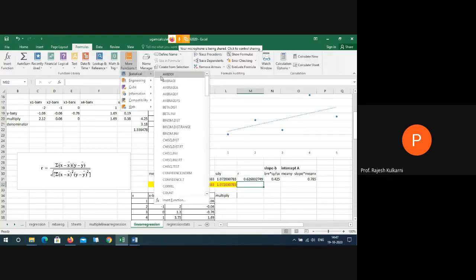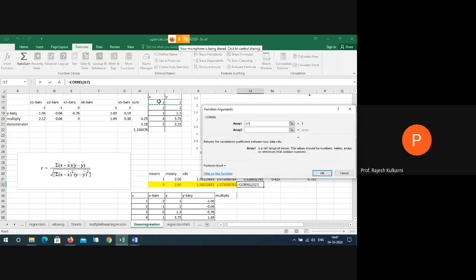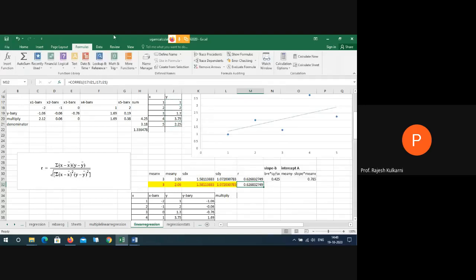Going to statistical formulas, correlation, COR. Okay, this is correlation, and I'll be picking for array 1 these values, and for array 2 these values, and I got, check out here.